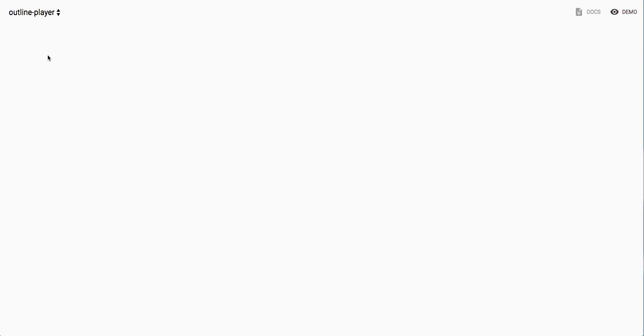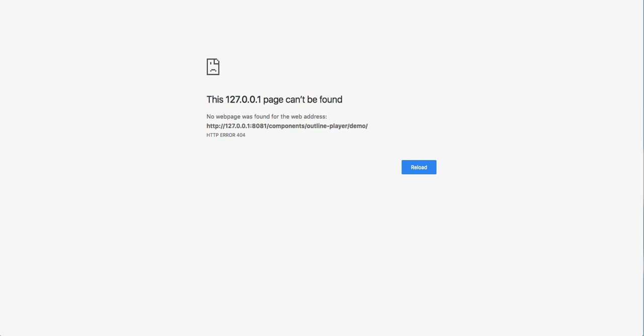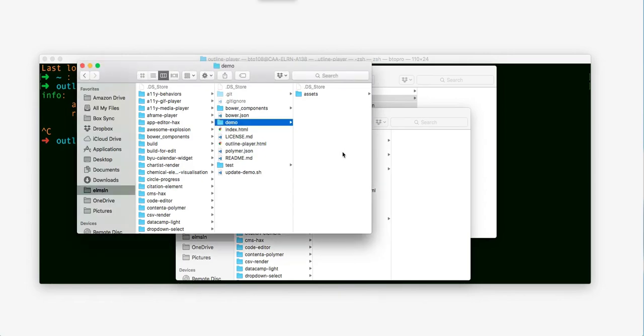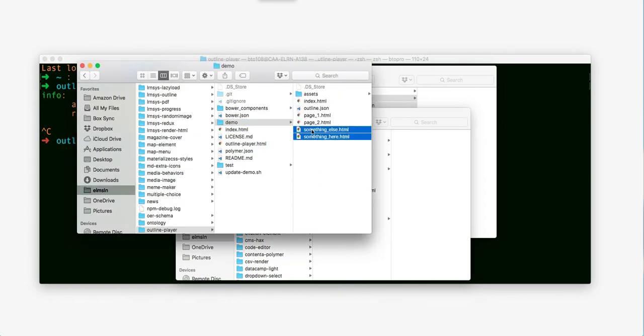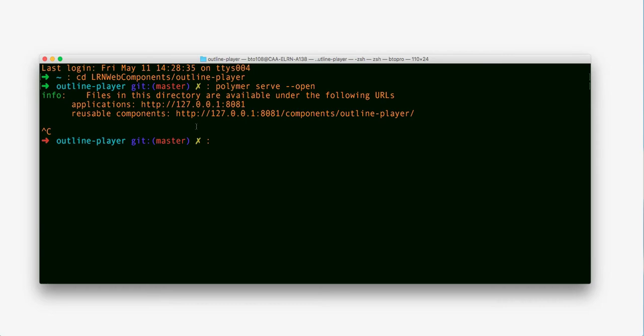Okay, there's the documentation of how to use it. And I might have to, whoops. I don't think I have a demo there. Oh, I deleted my demo page. Oops. All right, let's try that again. And now I need to, okay. Now let's try